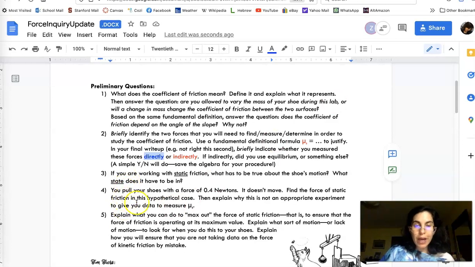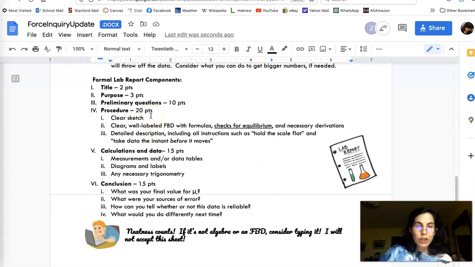Use 3 through 5 to set up your procedure. Most of your procedure will be pictures and free body diagrams. Draw a sketch of what you did, either by hand in your notebook or with your mouse,